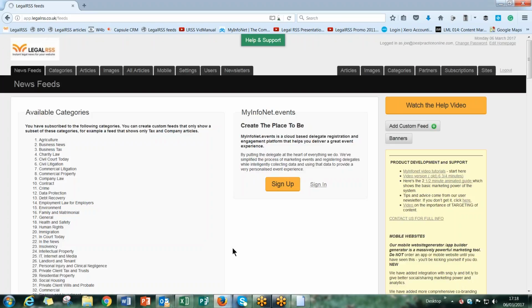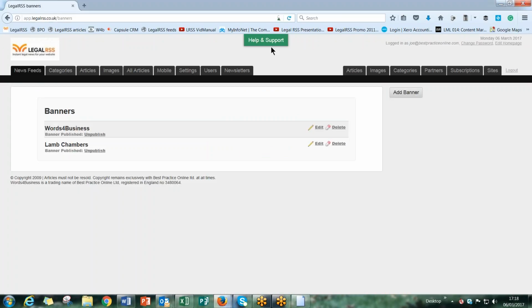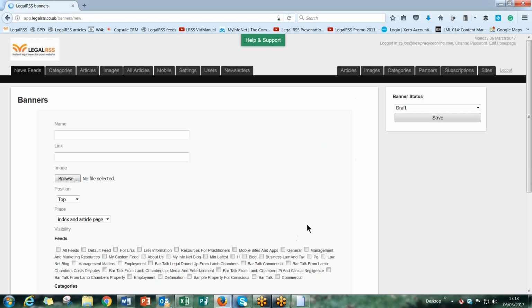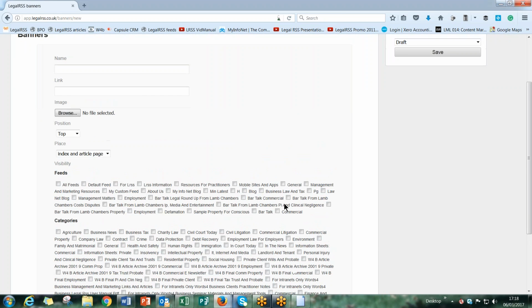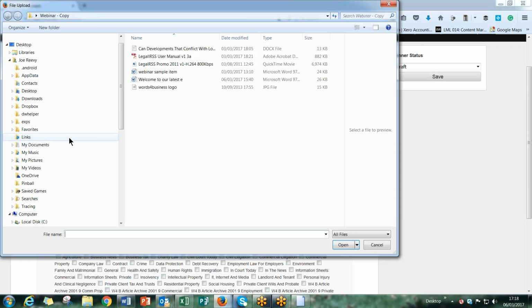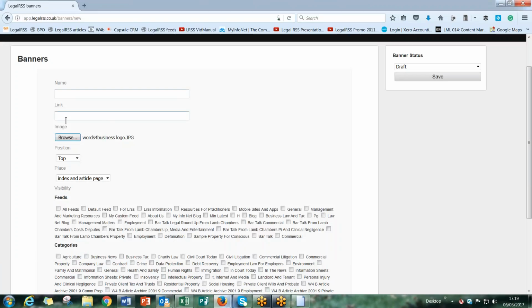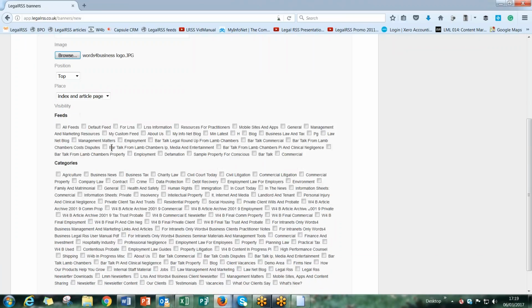Last but not least, you can also add banners. You've seen a few banners now. You can add a banner, and the way it adds banners is it allows you to pull in an image. So bingo, there's the Words for Business one. Put the link into it, and you can then position the banner. You remember when we started, we had that little banner at the top. Okay, you can position the banner on